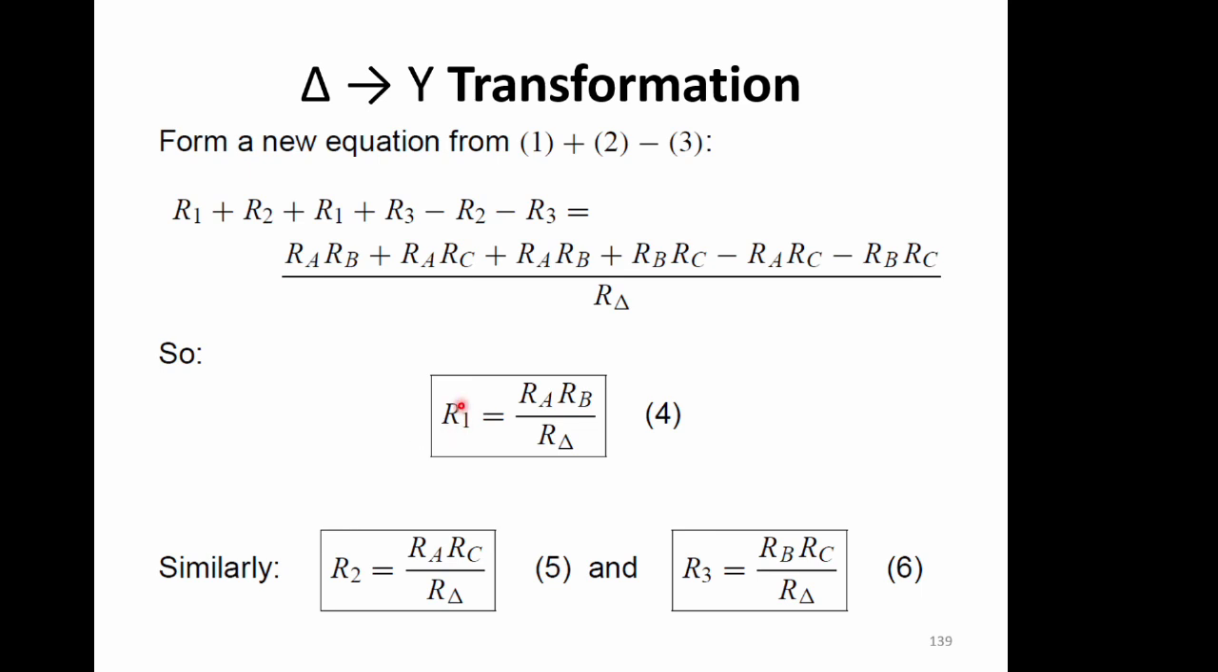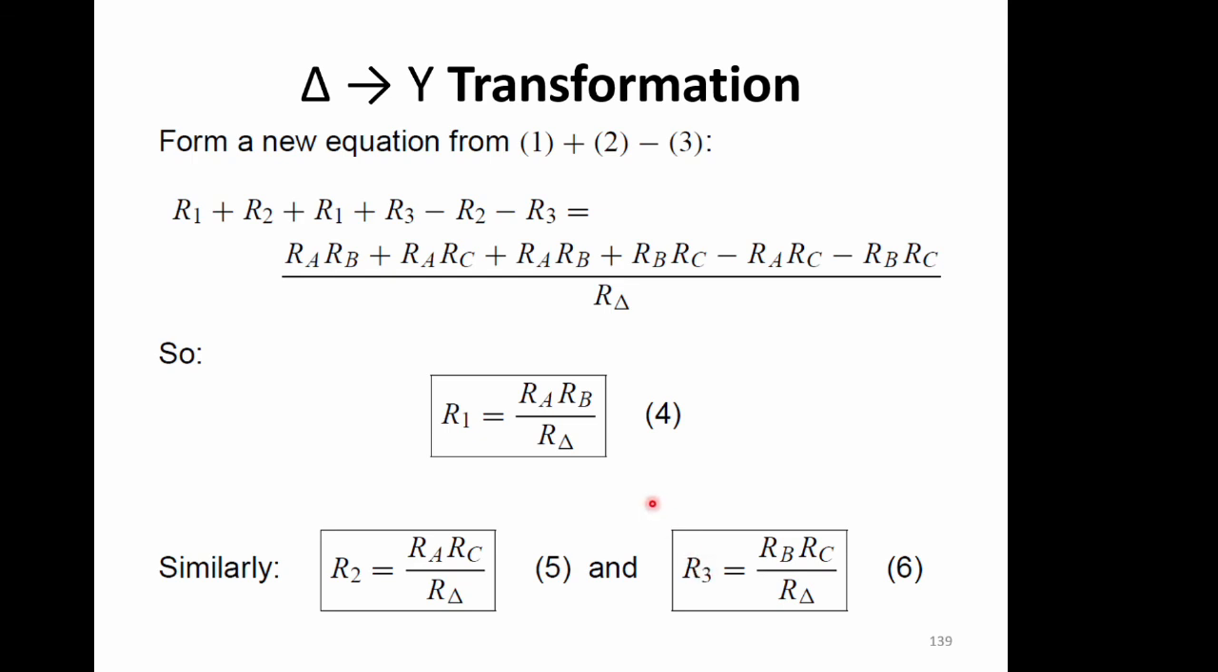We get R1 is equal to RA RB over R delta. Remember, R delta is just RA plus RB plus RC. So that's starting to define the equivalence of what R1 would be if only we knew what these were. And if you do it again, same kind of analysis, you can separate out R2 and R3, and we end up with very similar